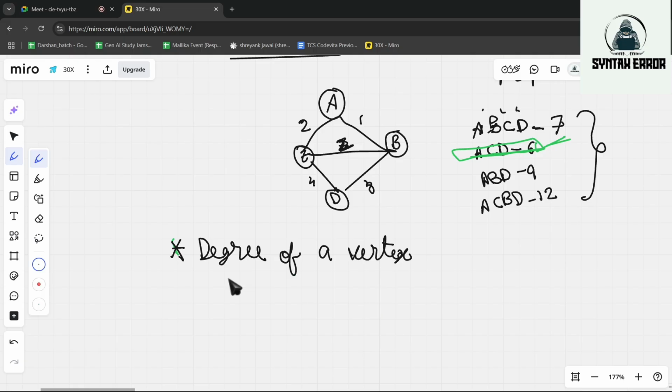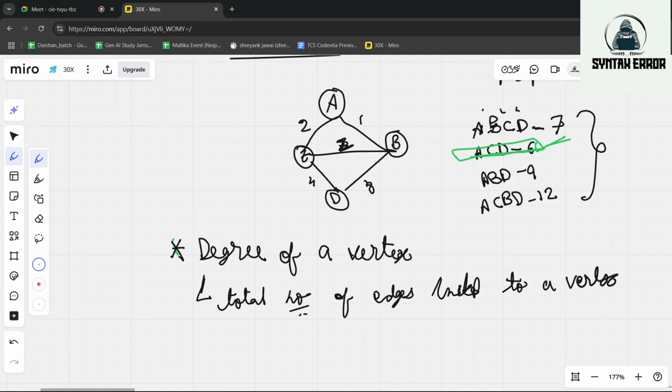Degree of a vertex is considered as the total number of edges linked to that vertex.